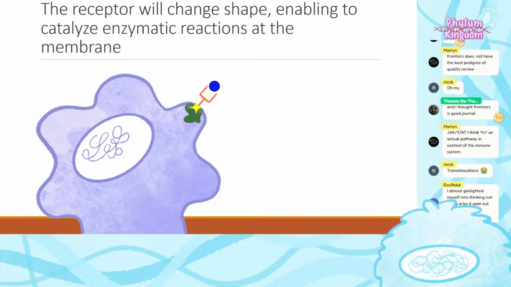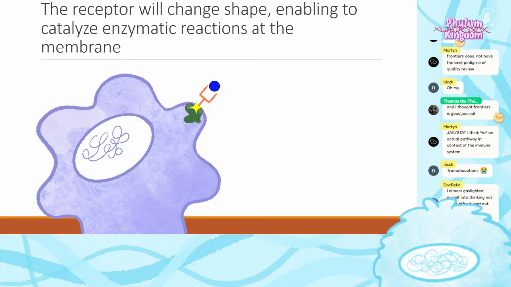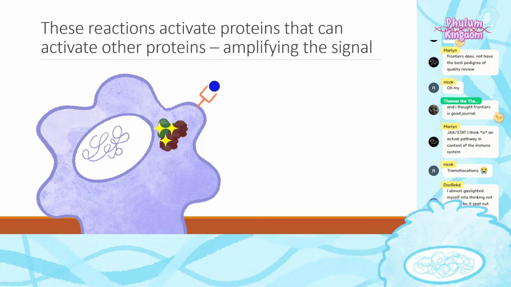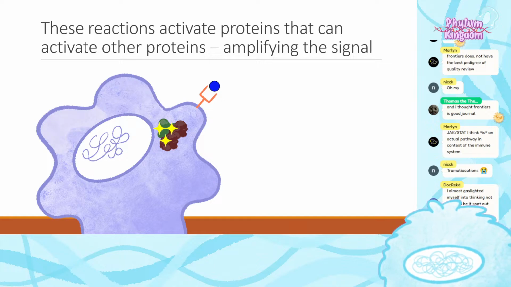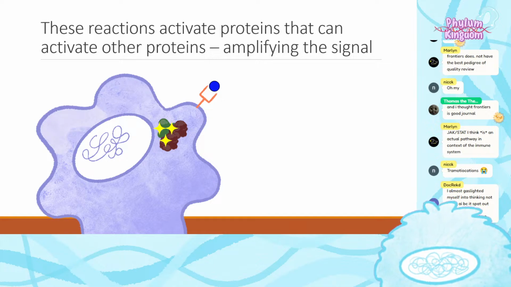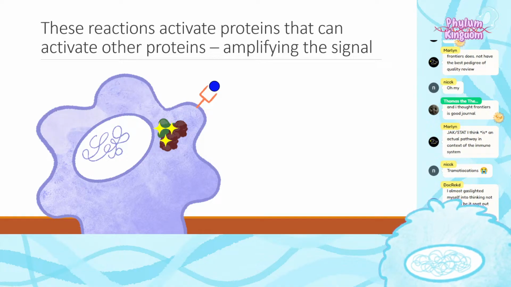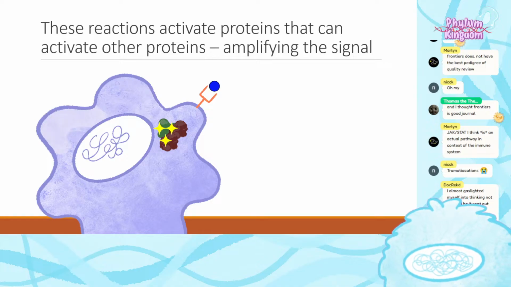That receptor will change shape in a very specific way, which will activate its catalytic potential, right? So some biochemistry will happen, and this will catalyze some enzymatic reactions that happen at the membrane, right? This receptor will activate something else, and then that protein will activate a bunch of other proteins. This is called signal amplification, right? Or signal transduction. This means that a cell can detect a signal that is very low strength on the outside and actually respond to it, right? So, a cell might bind, I don't know, like I'm making up a number, but 100 molecules of growth factor. And still, even though 100 molecules is not that much in the context of an actual cell, we'll still be able to produce an output because it can amplify the signal.